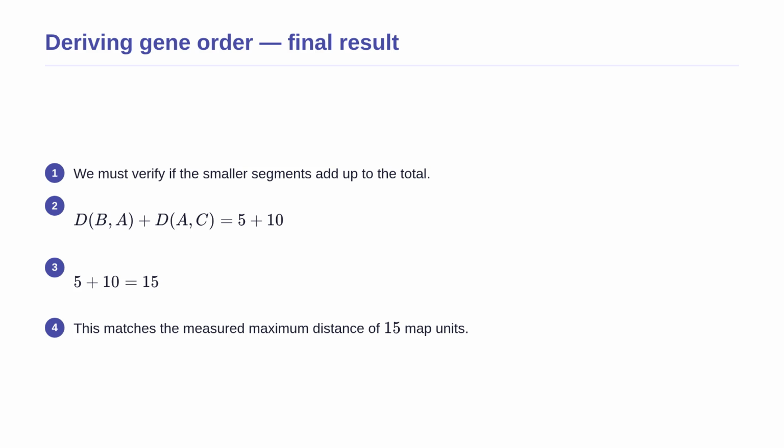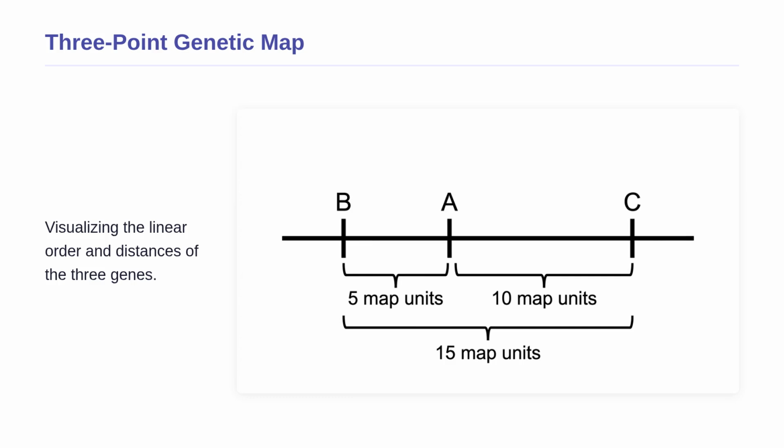Because the sum of the parts equals the whole, we have mathematically proven that the correct linear order of the genes on the chromosome is indeed B, then A, then C. This simple additive logic allowed early geneticists to map entire chromosomes. With our proof complete,